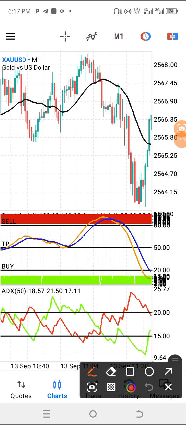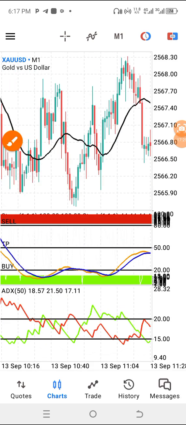Don't forget I told you that this area is indicating price has gotten to an area of resistance, but we don't just place a trade immediately. We want to see price crossing below this level. Immediately price is crossing below that level, then we need to also see our negative DI above level 15, while the positive is below level 15, or above level 20, while the positive is below, vice versa in the case of buy also. So definitely you place your buy and sell.